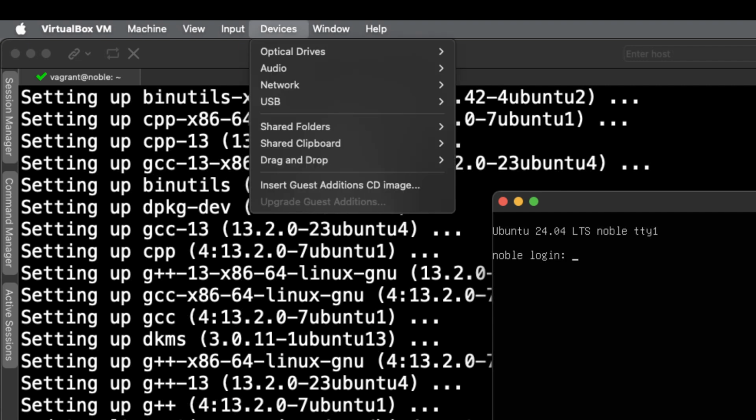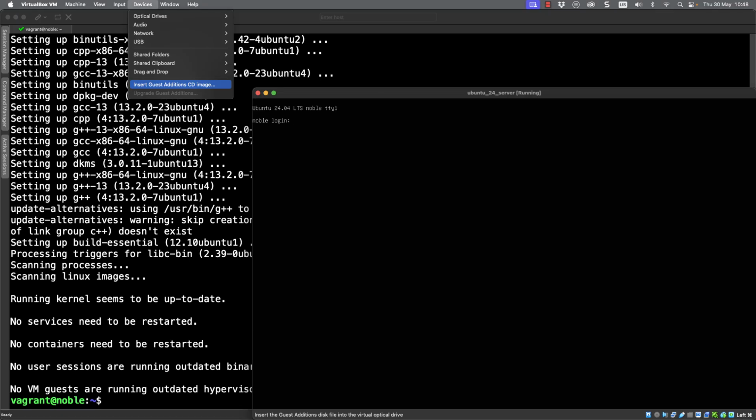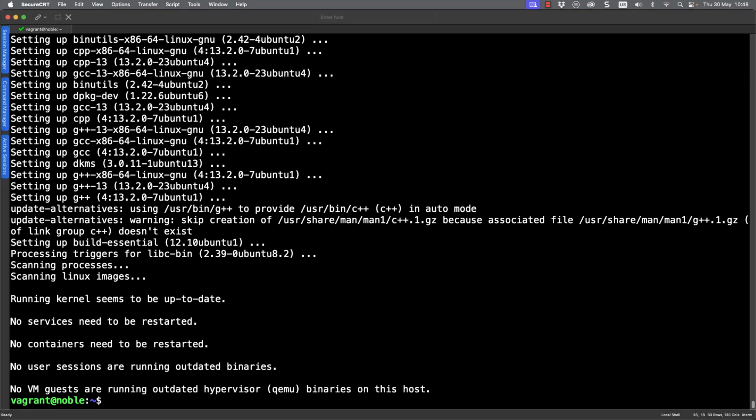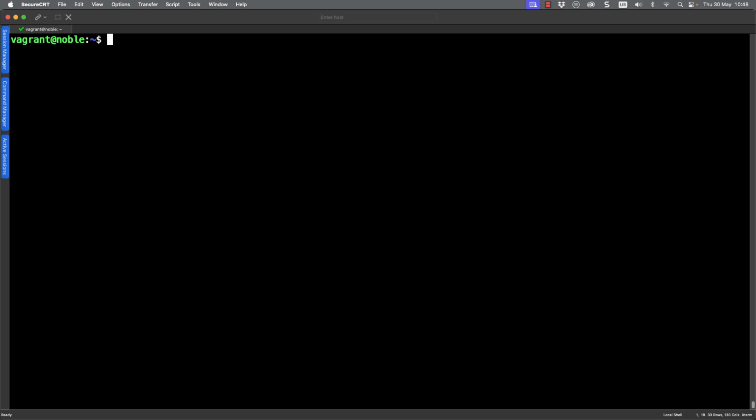And with this, I'm moving out to VirtualBox itself and telling it to install the Guest Additions CD-ROM, put the CD-ROM into the CD drive, and I can then move back to my SSH session.